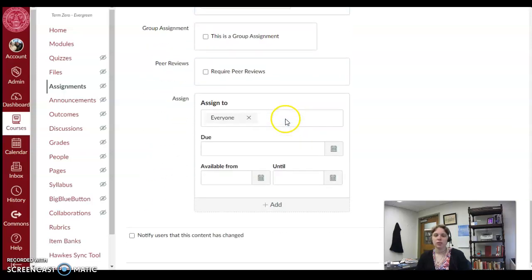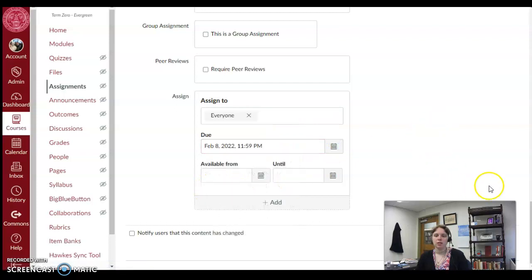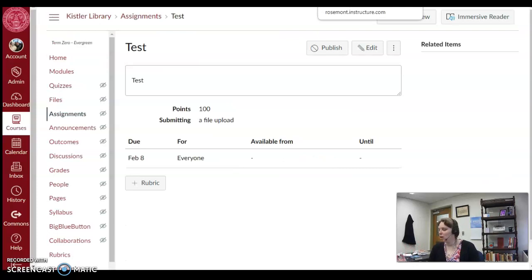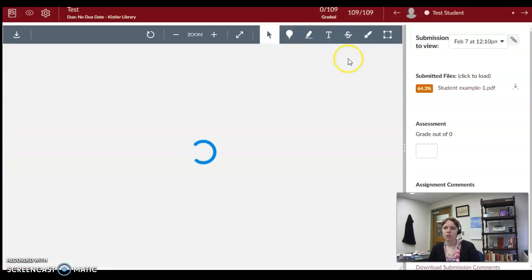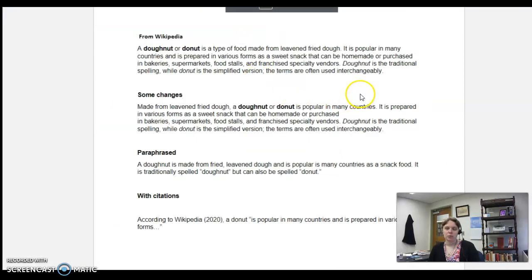You'll keep scrolling down and you'll enter the due date and hit save. Okay, so now you have the assignment made. What does the plagiarism software actually look like? I'm going to go to Speed Grader, and I uploaded an example where I have different forms of plagiarism and